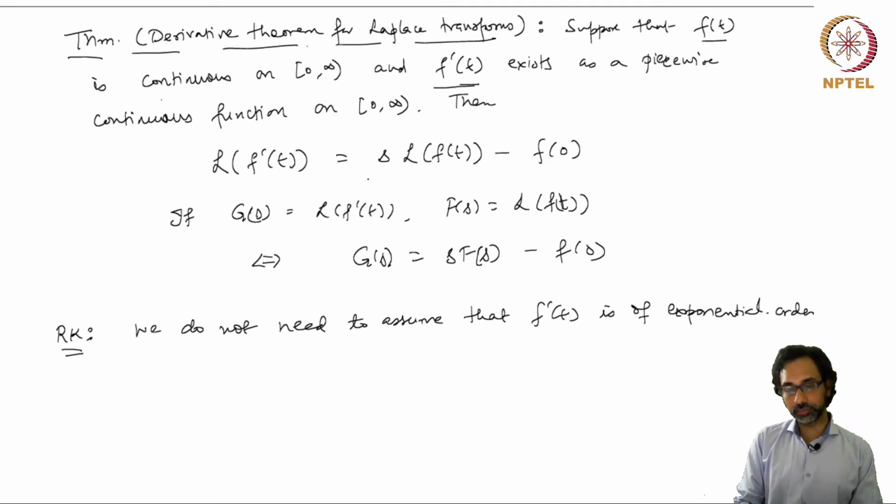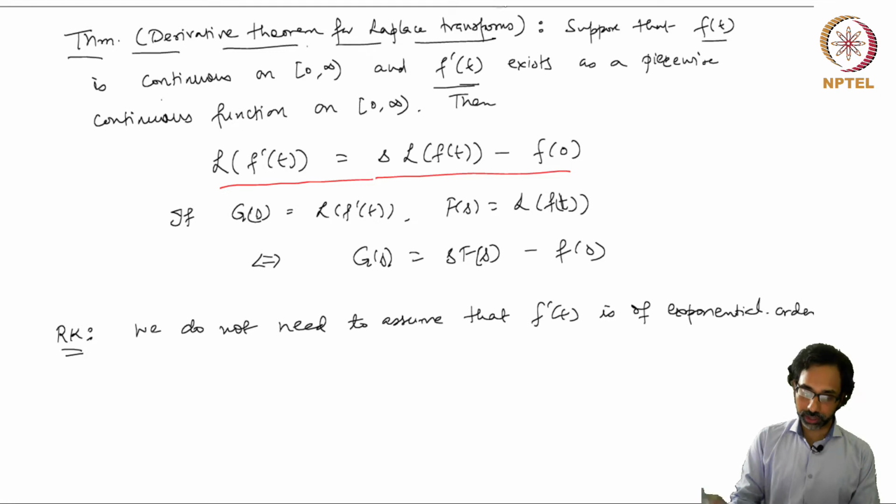So our formula for the Laplace transform of the derivative remains valid as long as f is continuous and f prime t exists as a piecewise continuous function on 0 to infinity. So even if f prime t is not of exponential order, this formula will still be valid, and in particular the Laplace transform of the derivative will exist even if it is not of exponential order. So for example,